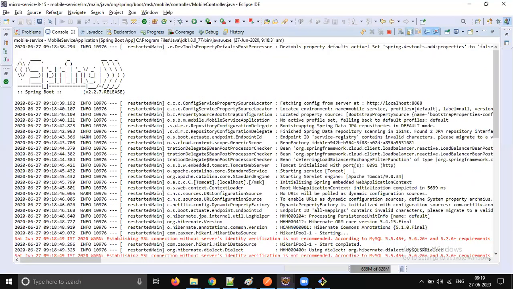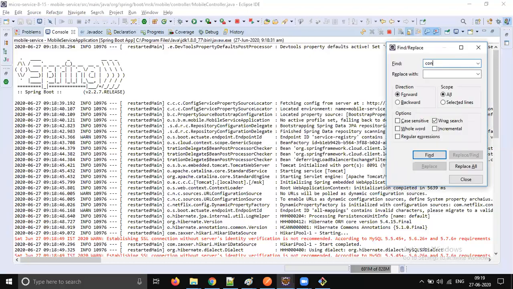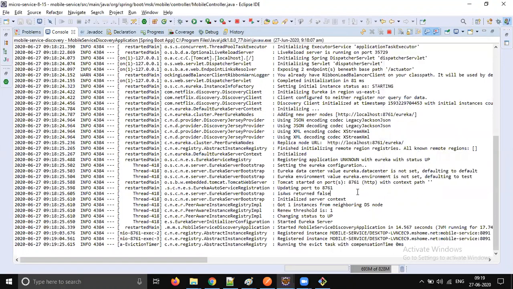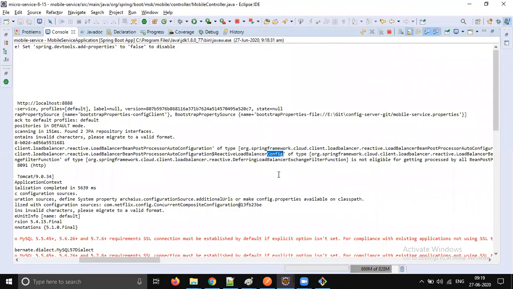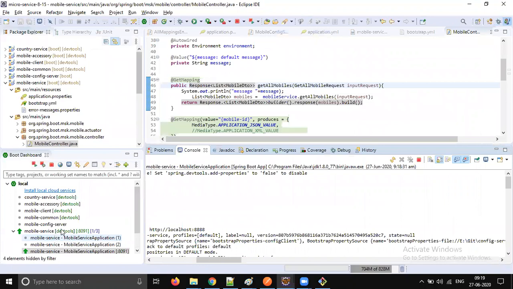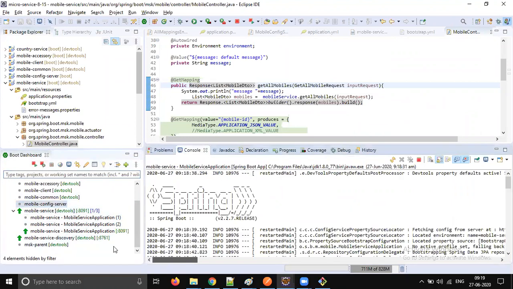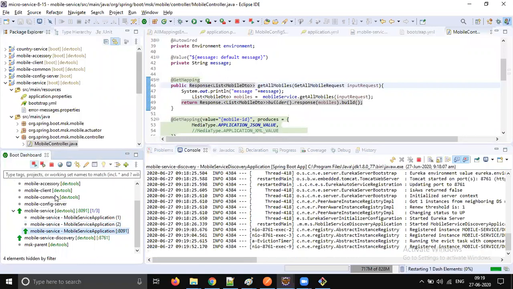Do you see anything related to config here? Let's try that out. Nothing is there. We just started Eureka, right? You have to start config. Is 8888 running? Discovery we started. Config server we didn't start, right? Okay, we need to start the config server also. Let me start the config server.